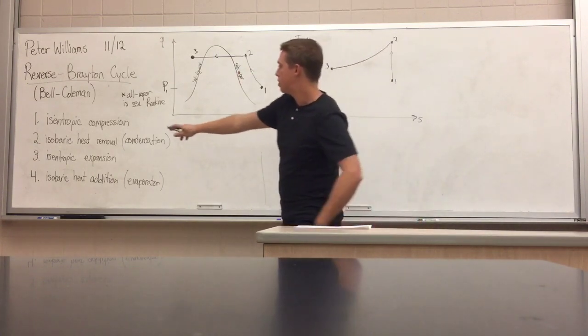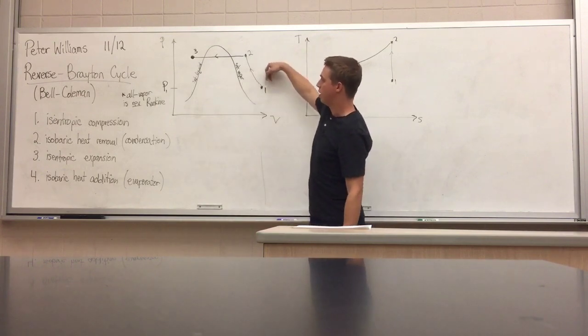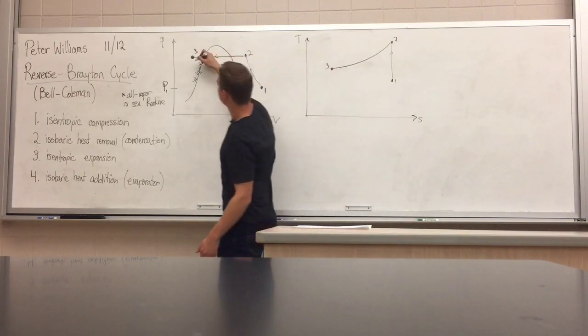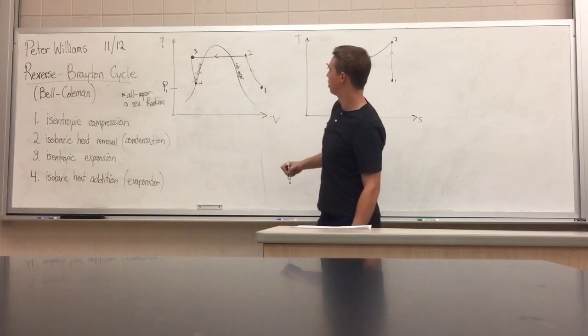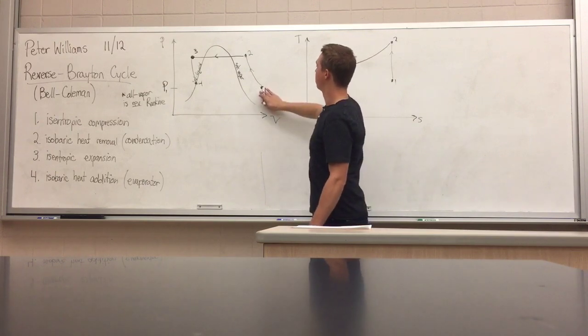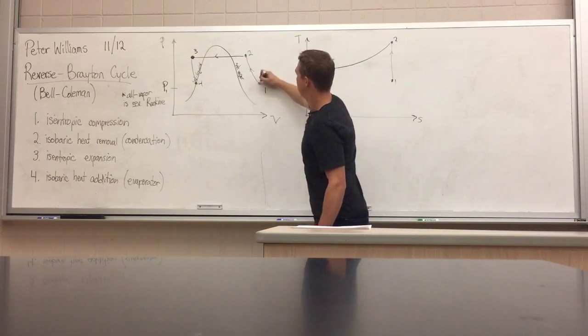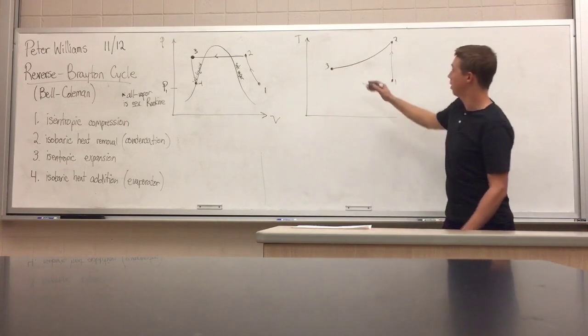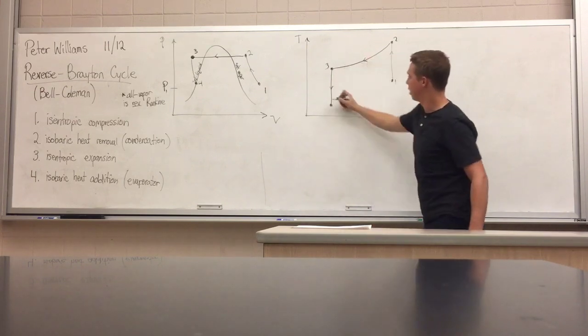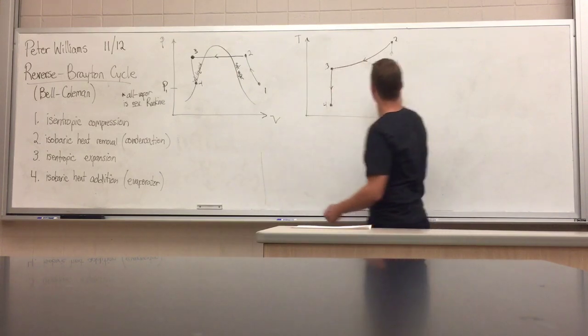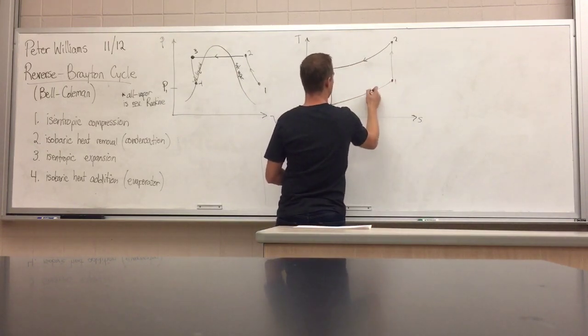Okay, now we have the same thing, but backwards. We had compression, now we have expansion. So this is going to be an angled line back here to state 4, okay? And we want state 1. I just want to make sure I draw this right, so that, oh, and this is isentropic. So we have the entropy dropping, okay, down to state 4. And then from 4 to 1,